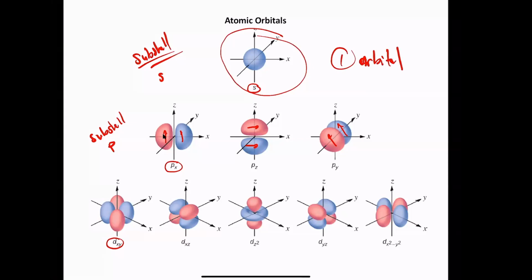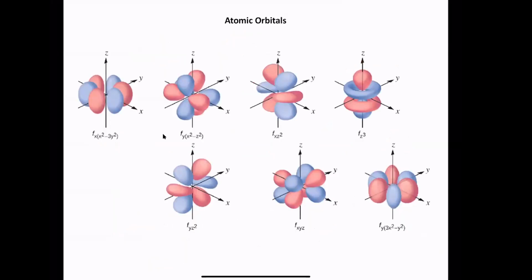Subshell P contains how many orbitals? How many? 3 of them. 3. Right? Subshell D contains how many? 5. And then we have subshell F, right? All these crazy shapes here. And subshell F contains 7 orbitals,